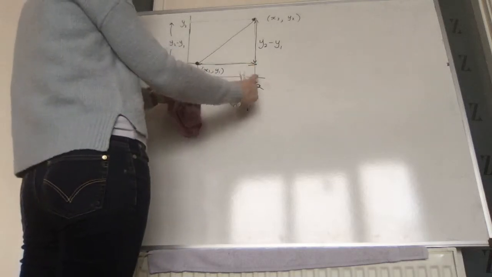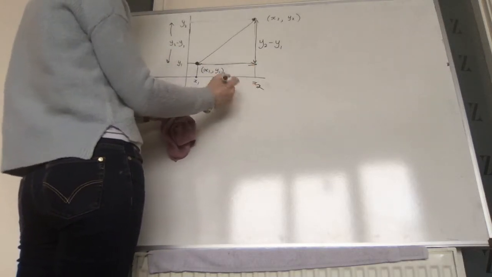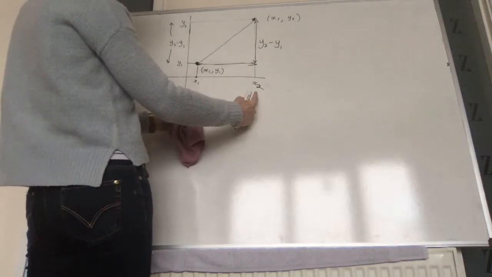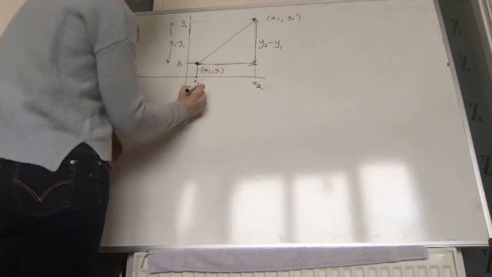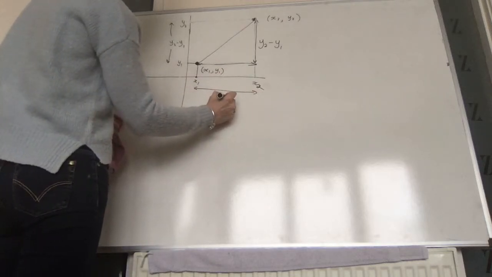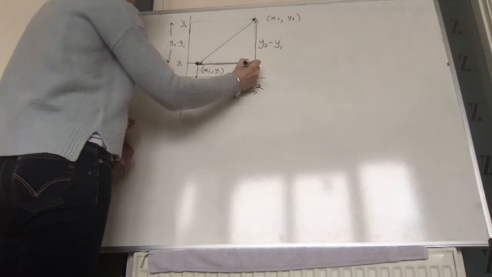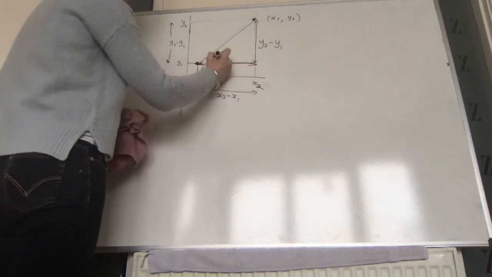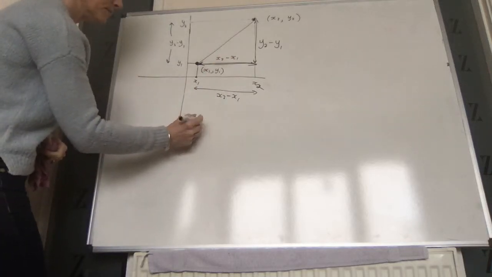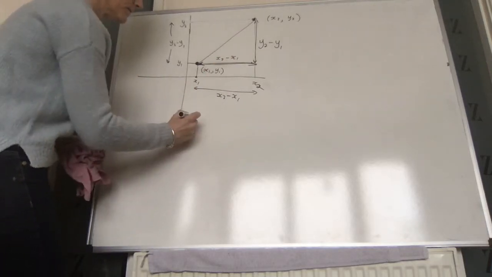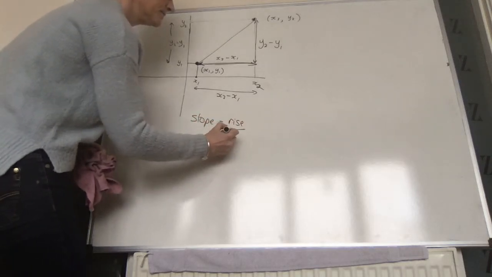And this distance is the difference between the two x values, x2 minus x1, because x2 is the whole way to here, x1 is the whole way to here, so the difference between them, here to here, is x2 minus x1. So in other words, this distance here is x2 minus x1. And by the definition of the slope